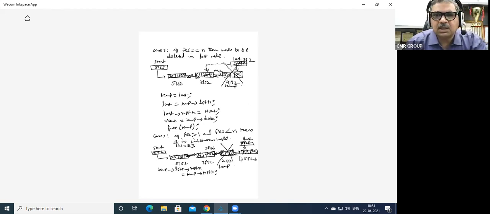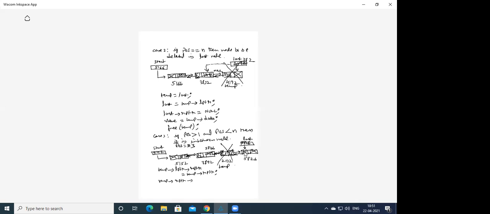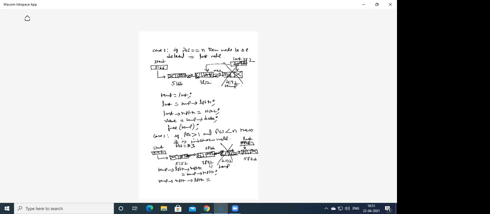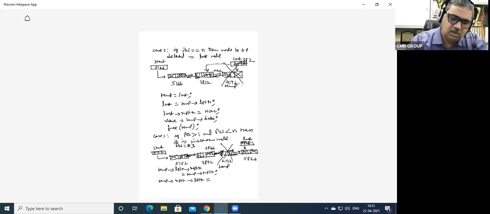Similarly, how to access this particular location? Temp arrow RPTR arrow LPTR is equal to temp arrow LPTR, that value has to be this previous node, this 3892 is here. So it is equal to temp arrow LPTR. Okay, so you have established the links now. Done. Your links are established. This value is now equivalent to 3892. So the links have been established like this, and also like this. This is how you are establishing the links.